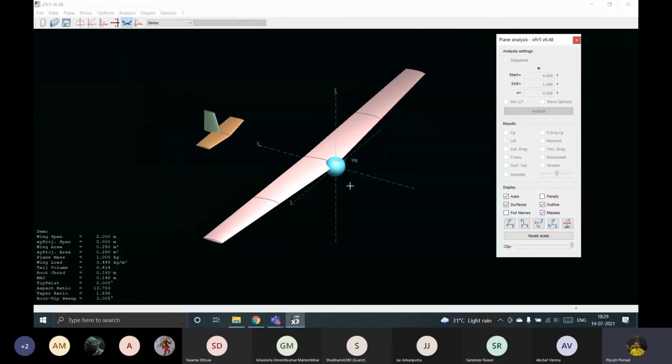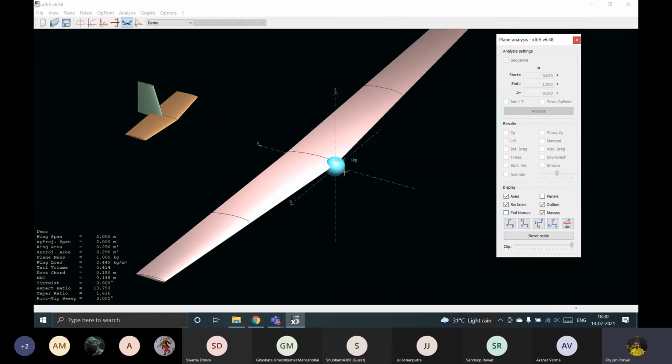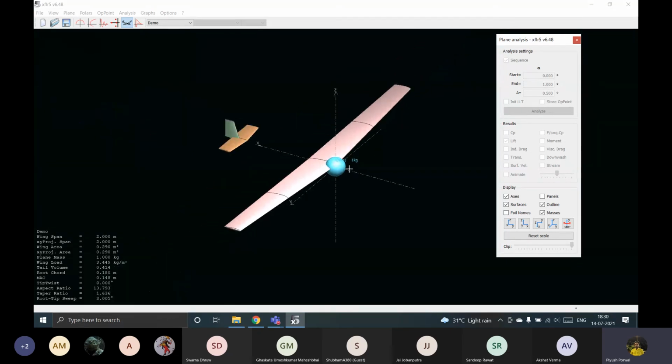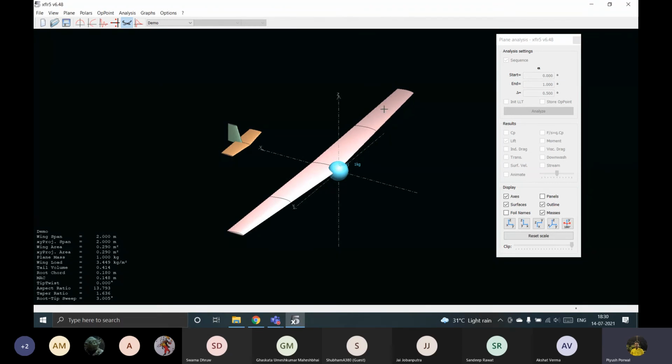By changing the CG, we can see whether the plane is stable or not. So in the next week, when you are performing the stability analysis, you will shift the location of the CG to see at which position the plane is most stable. You can define different point masses, like here there are 2 servos, then there is a payload here, and you can also add some tail mass as well. So this is how you can add masses.